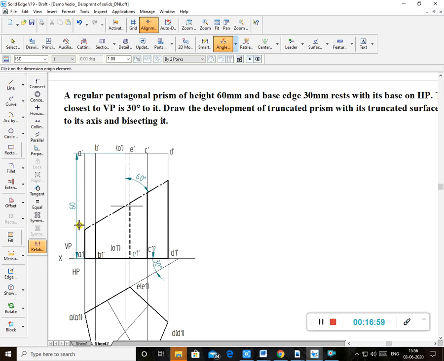How to decide cut points? I told in the previous video, and once again I repeat the same points here. When you pass a cutting plane on the solid, you have to decide cut points, because you have to draw the profile and you need reference points. Best example, ladies do rangolis. If you want to do a profile, first you go on putting dots, yes or no, to get a correct profile, and then you join and you get a perfect profile. Like that, you need reference points, cut points, at the easiest points where you can locate them easily. Such points you have to decide here in solids.